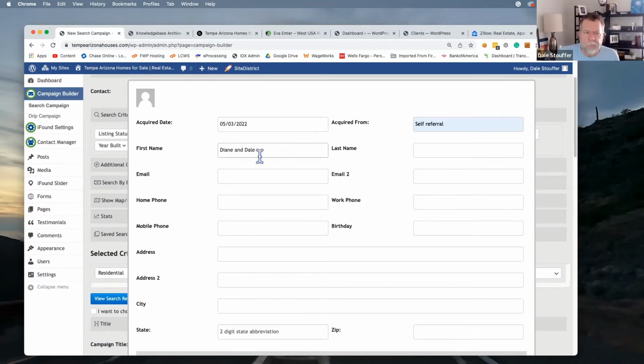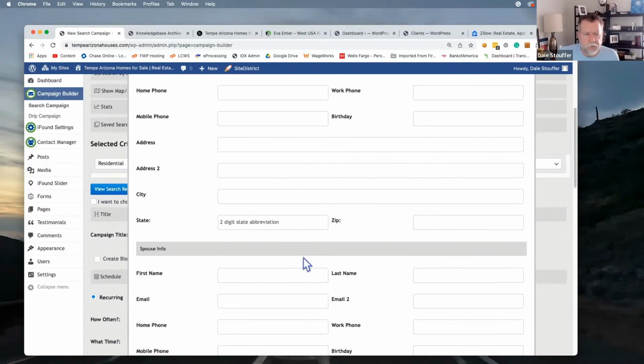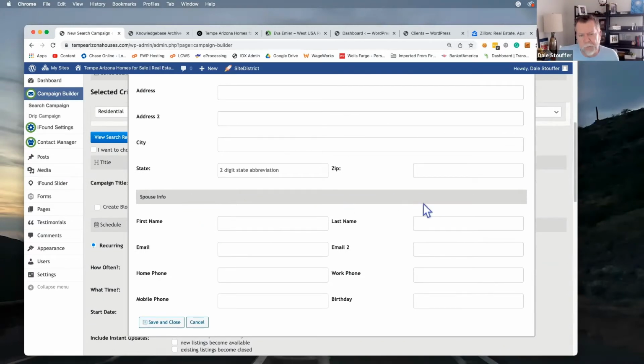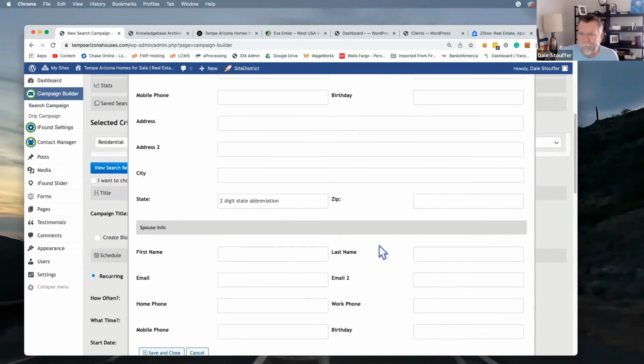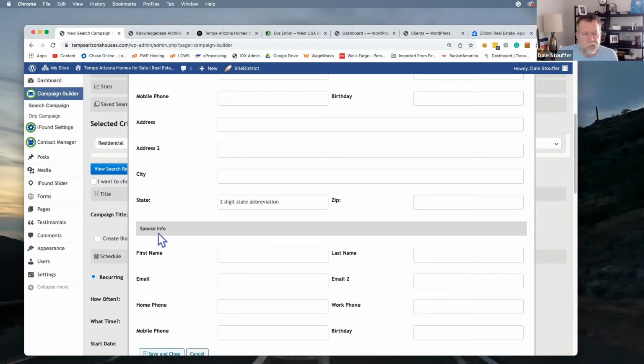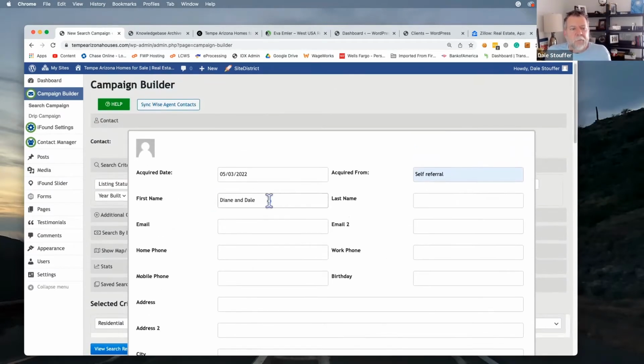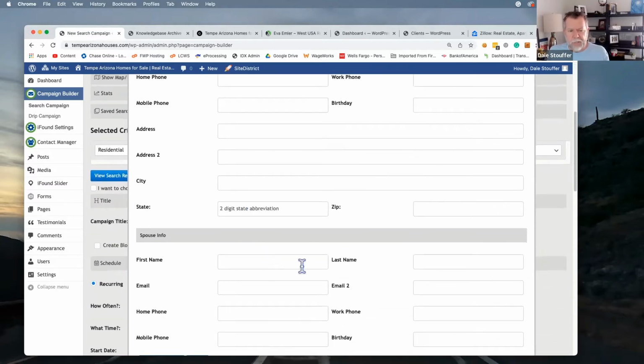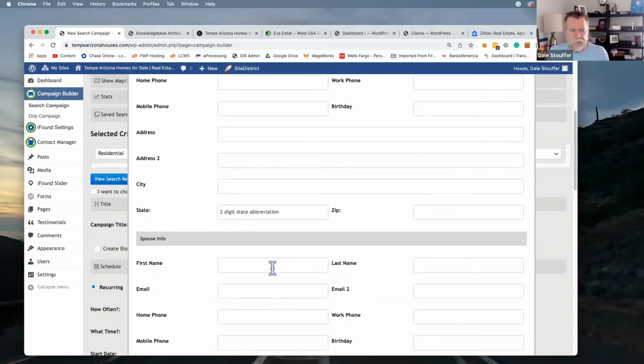So if you're putting in, there's multiple ways you can do this. There is a spouse, could be co-owner, co-investor, domestic partner. We just pick spouse. Don't know that that's necessarily politically correct, but that's what we used. So there's a couple ways. You're either gonna use first name, last name, single email for one person. If you're gonna put in a spouse, they'd go down here by themselves, or a second person you're gonna email